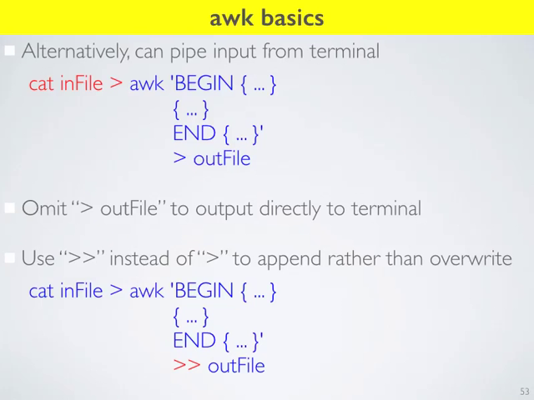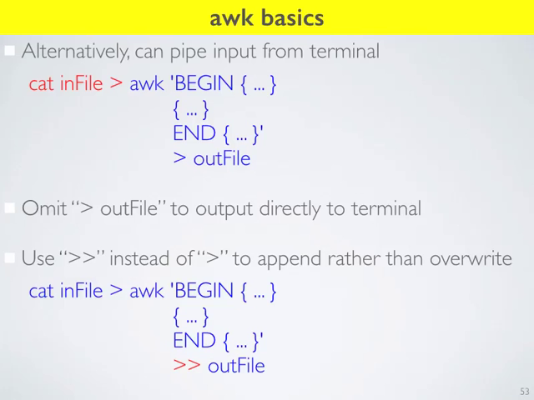So just before we get onto awk, imagine you don't have files, but you actually want to get an input from the terminal, and so you could cat or head an in file, and then you could send it to awk. And so it's another way of sending awk input, rather than have in file written here, is actually to grab the in file in the terminal and send it directly to awk. So it's less common. Similarly, you could omit the out file and the output of awk. So if you omit this, then the output of awk will dump directly to the terminal. So again, less common, but you can do that if you want.